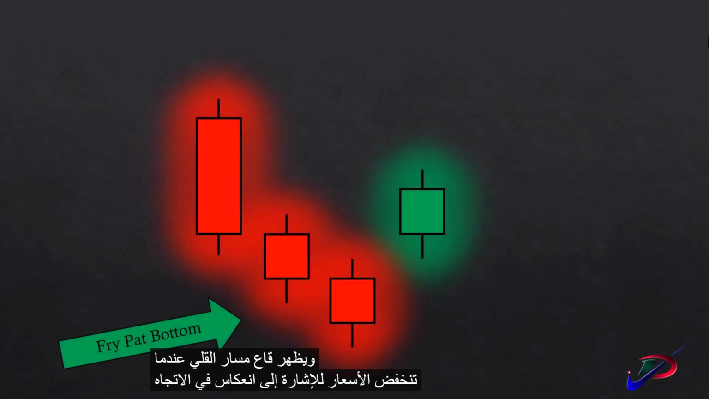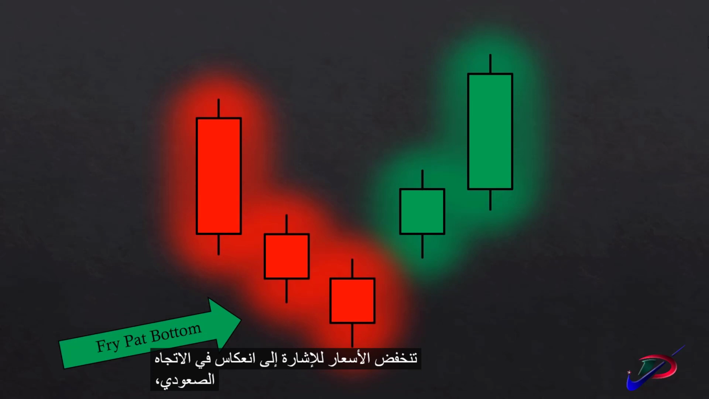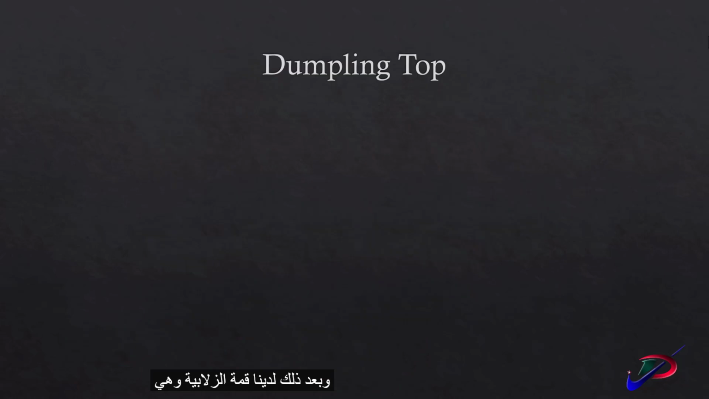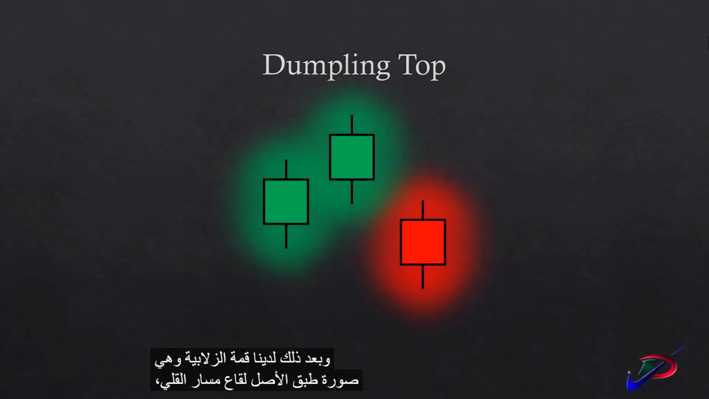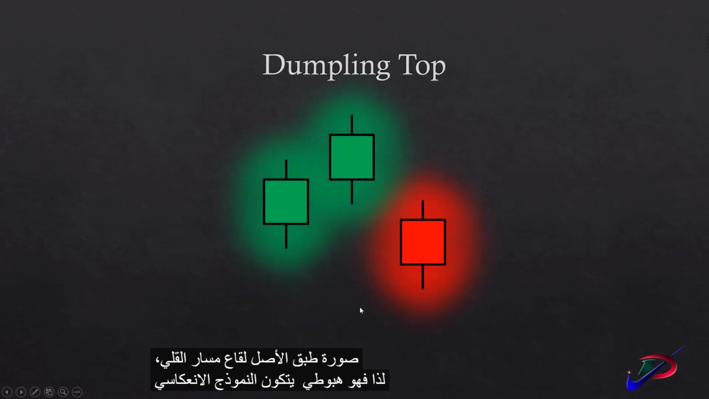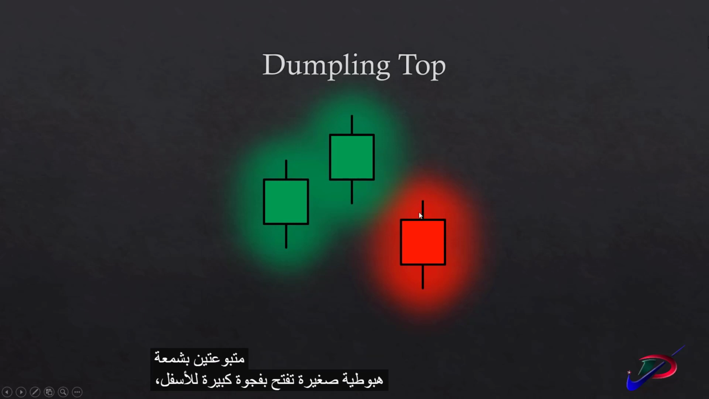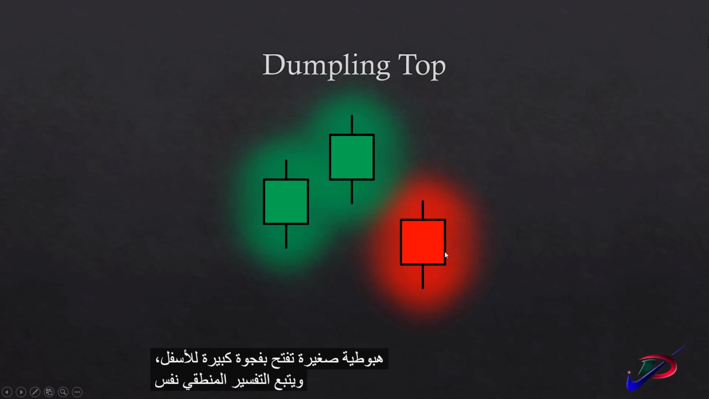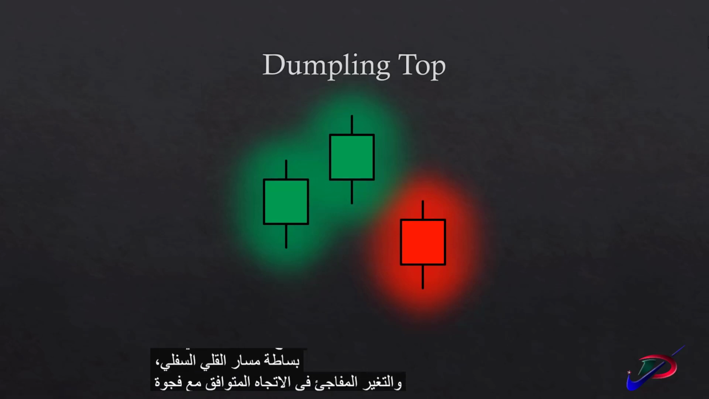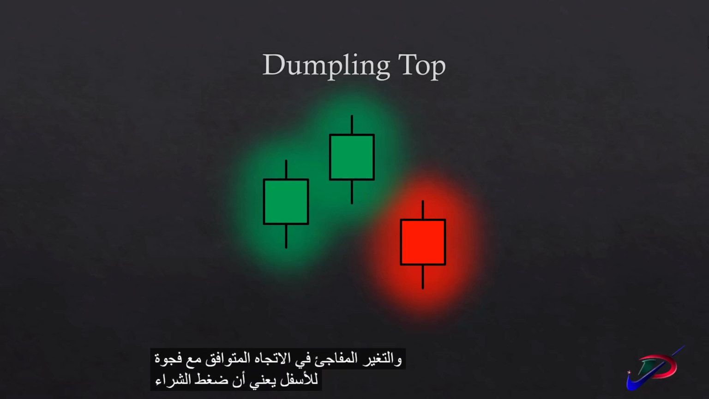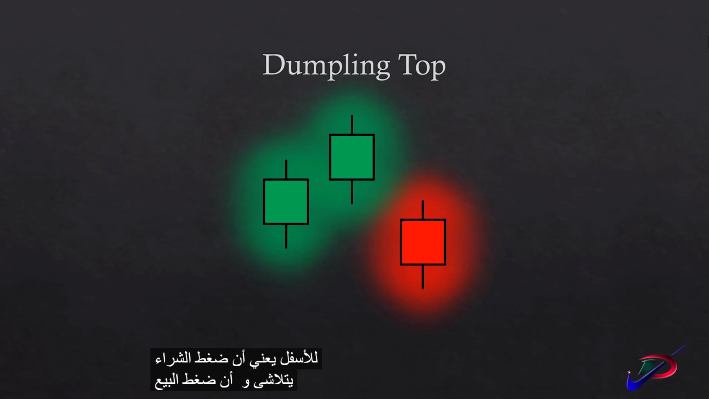The fry pan bottom appears when price is going down in order to signal a reversal to the upside. Next we have the dumpling top, which is the mirror image of the fry pan bottom. So it's a bearish reversal pattern composed of two small bullish candles followed by a small bearish candle that opens with a considerable gap down. The logical interpretation follows the same simplicity of the fry pan bottom. A sudden change in direction aligned with a gap down means that buying pressure is vanishing away